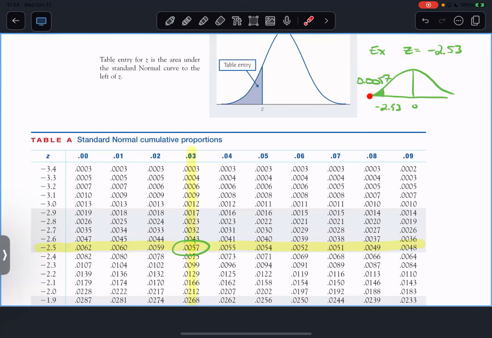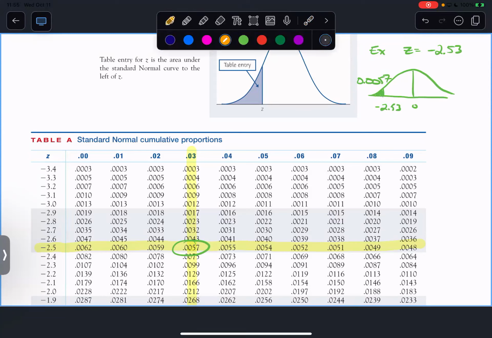If we know that the area to the left is 0.0057, and we know the total area is 1, we can use these as little puzzle pieces. What's the probability of an observation greater than the one we saw? This area here has to be 1 minus 0.0057, which,